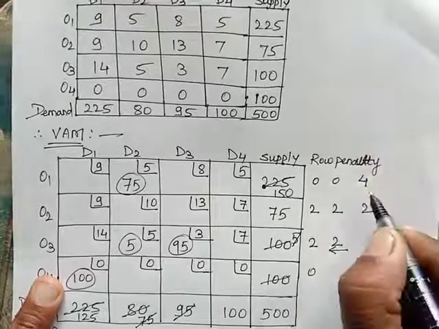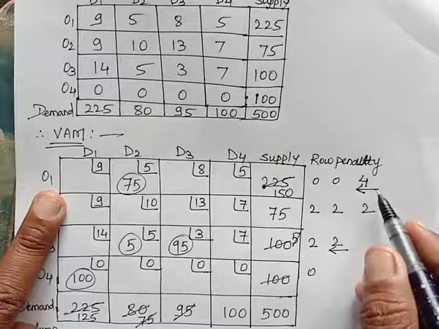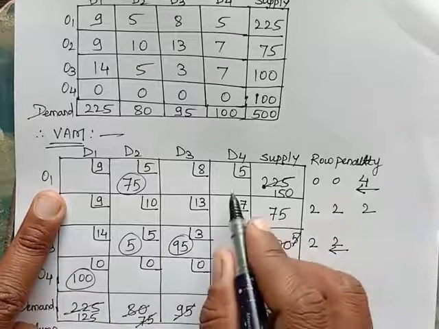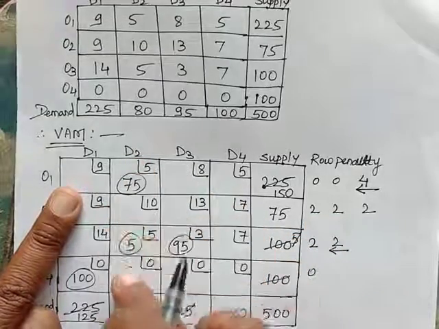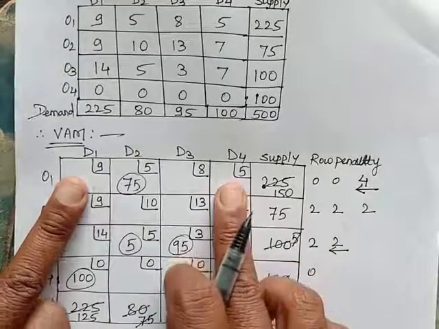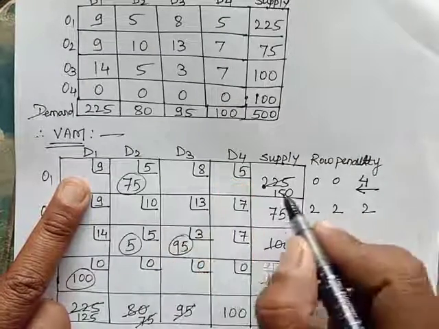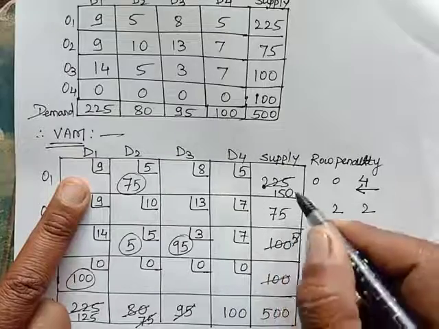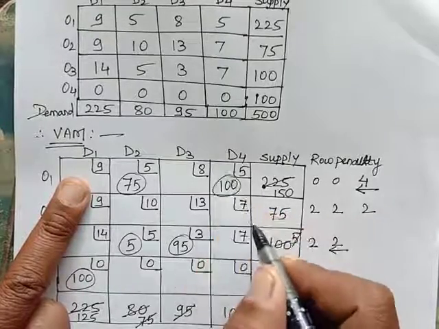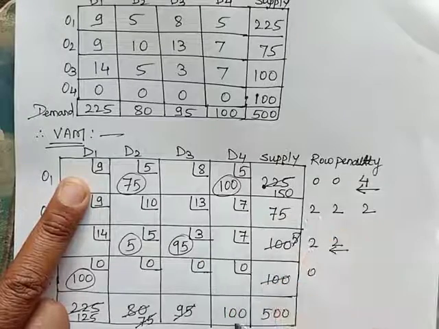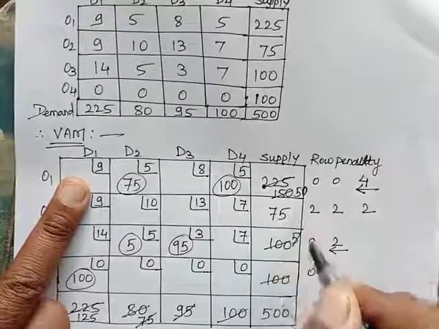This 4 is the biggest one, so I will take this 4 here, and by taking 4 here, what is the least cost? Now look at, this column is fulfilled, this column is fulfilled, only these two are left. So in between these two, 5 is the minimum one. So the minimum cost, now here in between 100 and 150, 100 is the minimum one, so I will put up 100 there. So 100 is cancelled. How much is left? 50 are left here.